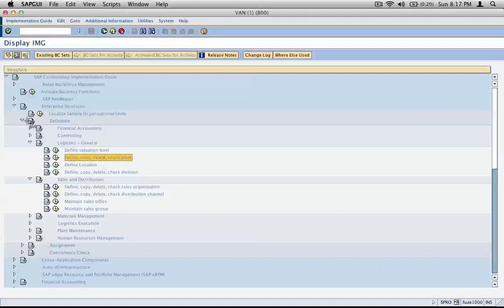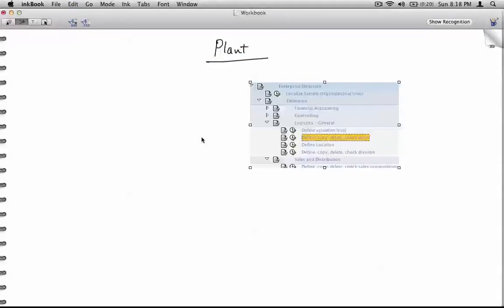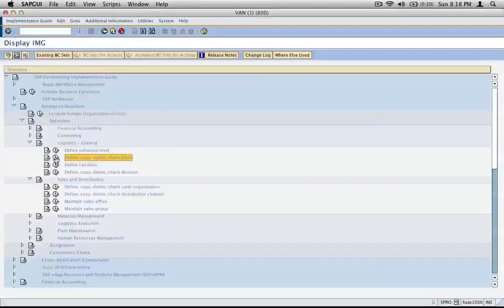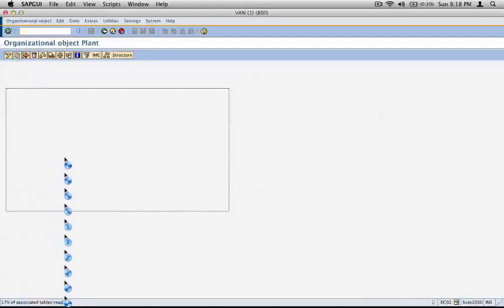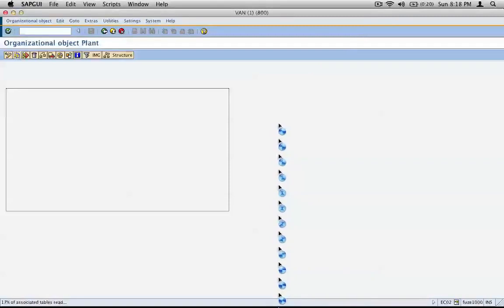So how do you create a plant? Here is how you create a plant. Go to define, copy, check plant, and as usual, copy but don't define. So copy, delete, check, click on choose, click the copy button,